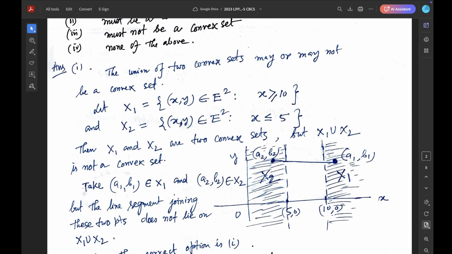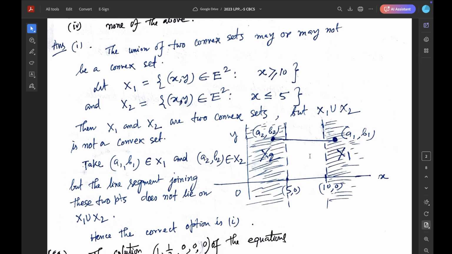So this shaded region is the capital X1, this set, and X2 is x less than or equal to 5, so this portion. Obviously this capital X1 and this capital X2 are two convex sets, but X1 union X2 is not